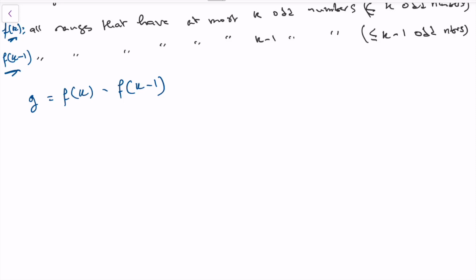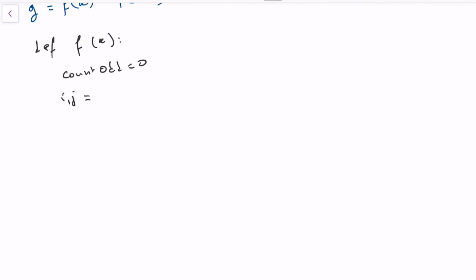So if we define our function, let's call it f of k, that gets at most k odd numbers, then we can start counting. We need something to count the odd numbers, and for a sliding window technique we need the start and ending position. So let's make them both start at 0, and we need a variable to keep the result count, right? And so while we haven't reached the end of the array,